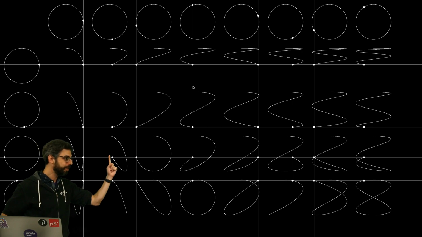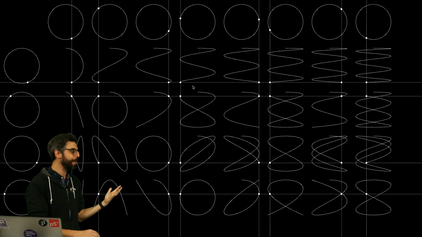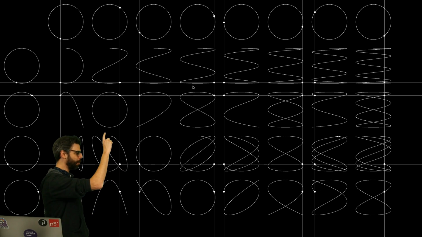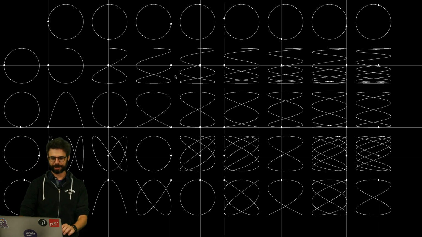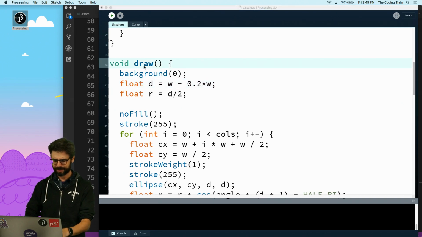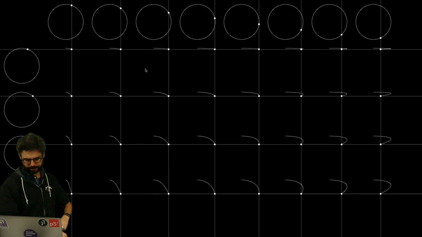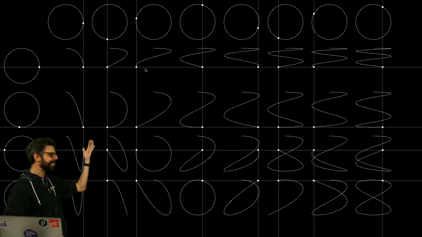Now, there's an interesting, so first of all, there's a big problem here. As soon as this one that's above me right now gets all the way to the end, it's just redoing its points. So one thing I should do, and also, is it backwards? I think it's backwards. By the way, I'm getting some big red error there. I got to take a look at this. It's back. I mean, it's kind of fine.